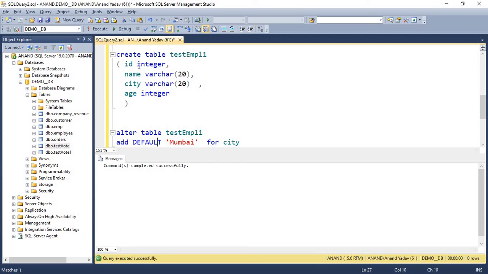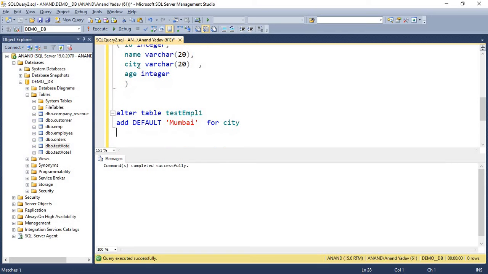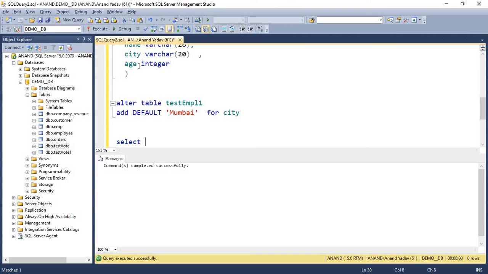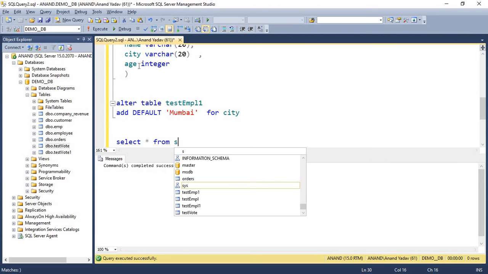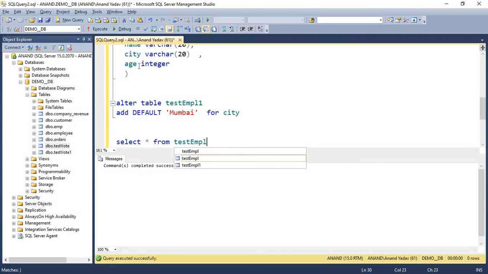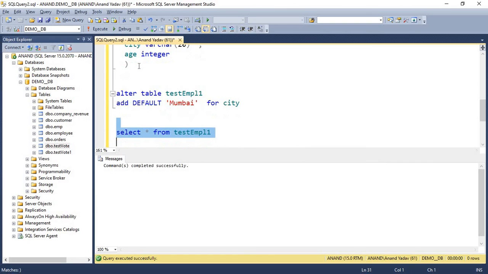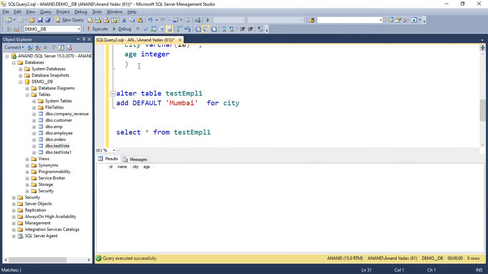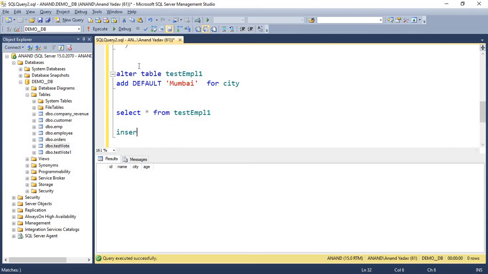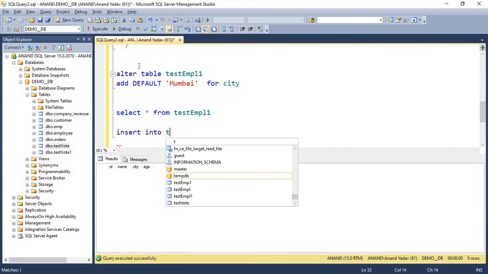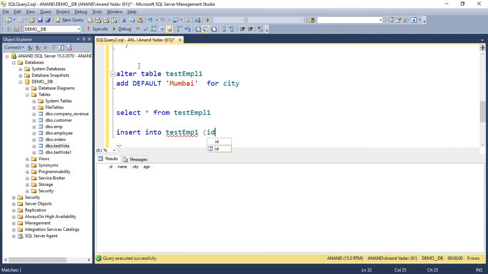Let's quickly verify this. This test employee table right now is empty. There is no value, and now we will insert some statement to verify our output. We'll again add id and name only.